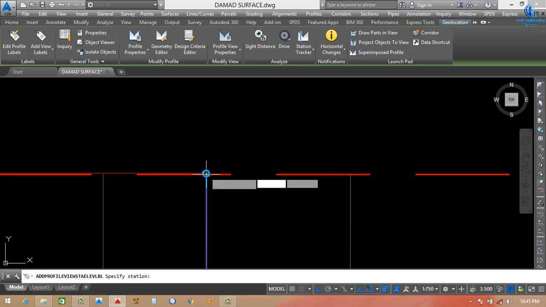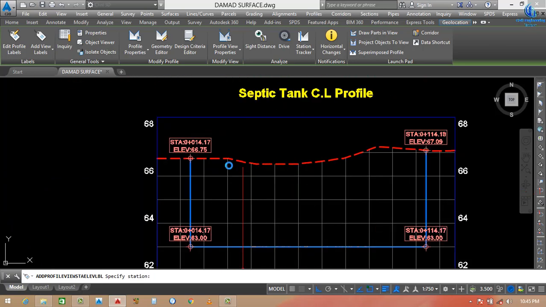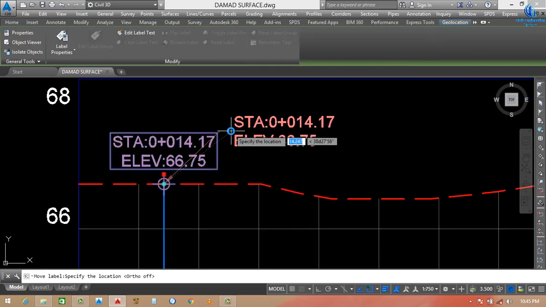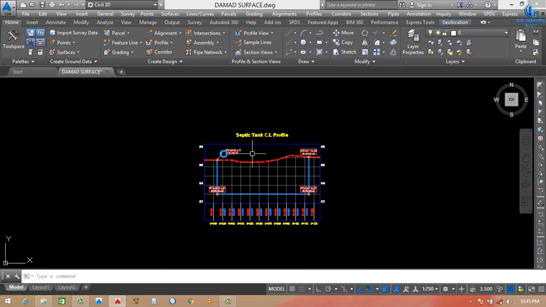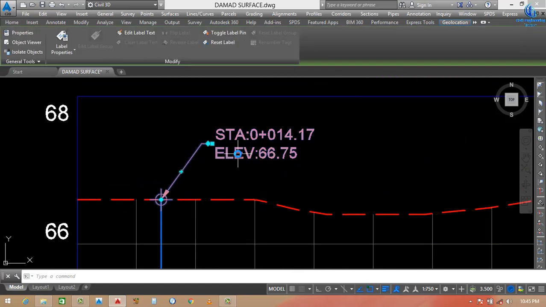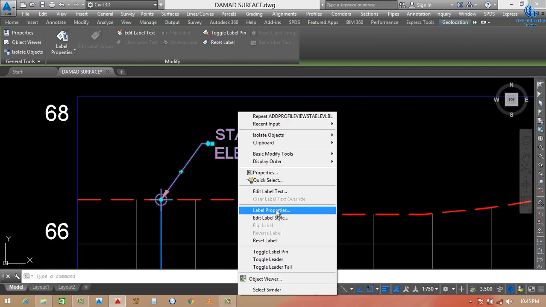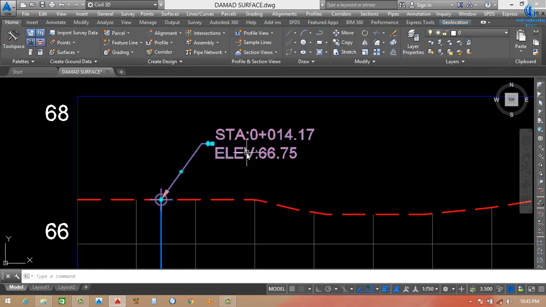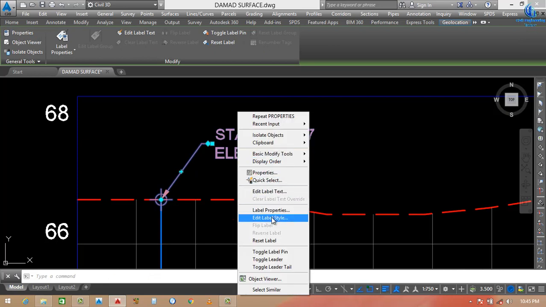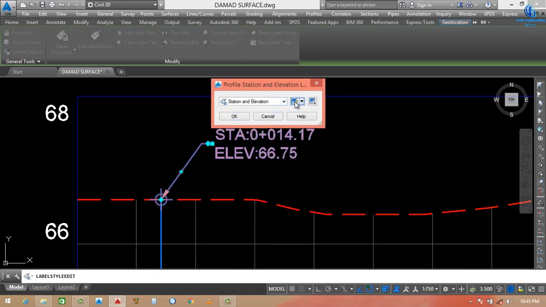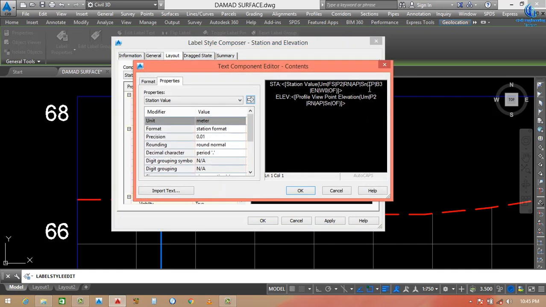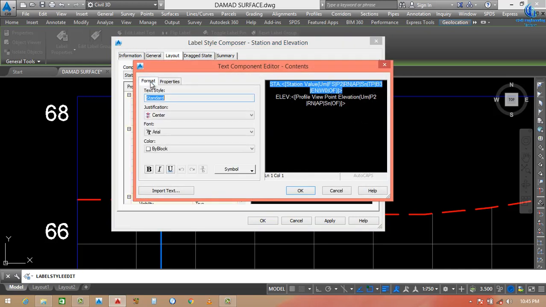Okay, so you can see if you want to change its color, see this one. If you want to change its color, select here, right click, label property. Okay, sorry, select again, right click, edit label style. Okay, so you can see here I just select here, after that layout, and select station. Station color must be here